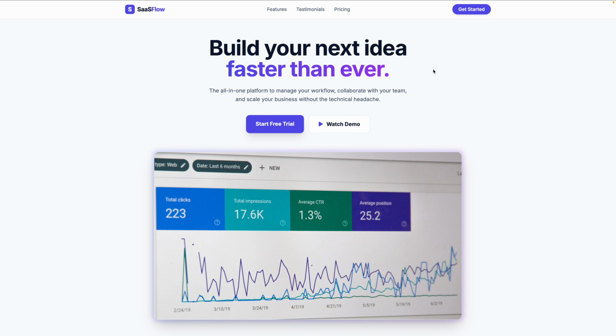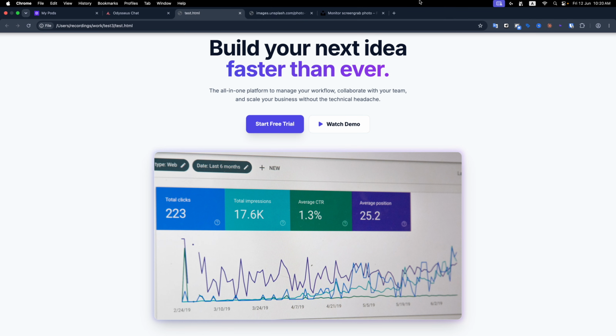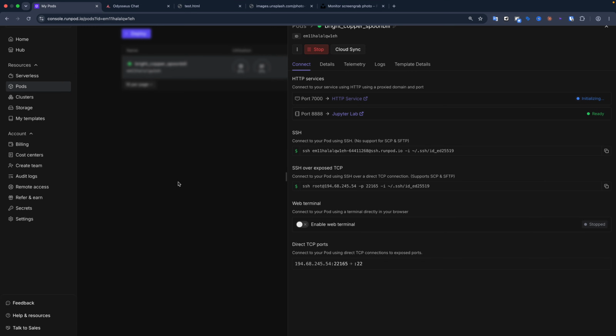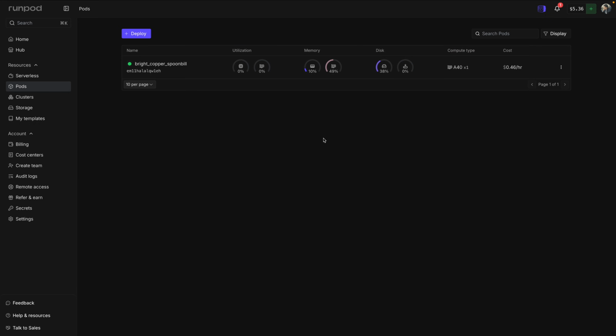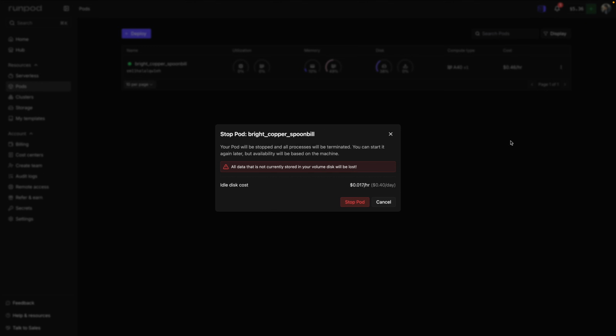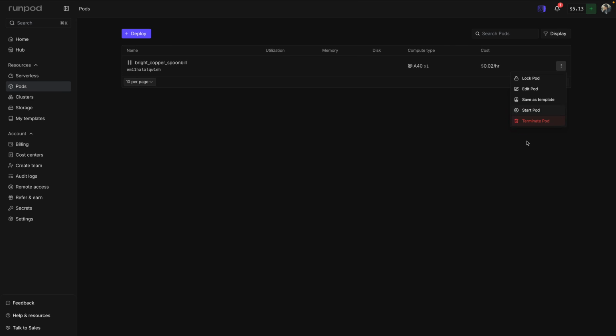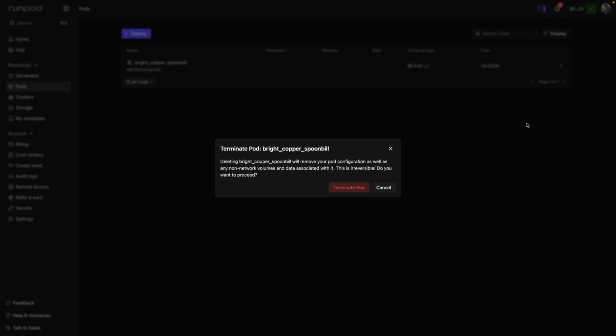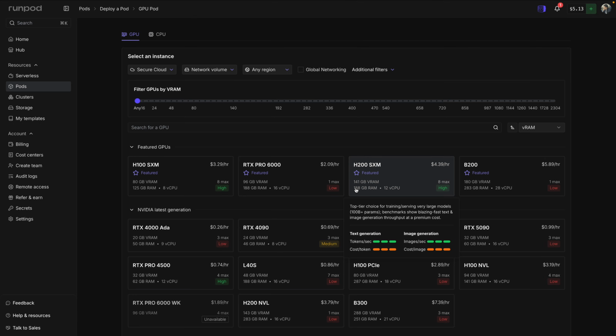this will still work. And remember to stop the pod so you are not billed, because I created this pod just for this video. I don't need it anymore. So in your case, if you are done, just click on these three buttons and click on the stop pod and hit the stop pod button again. And then again, click on the terminate pod. You don't have to pay anything after if you are not using it.